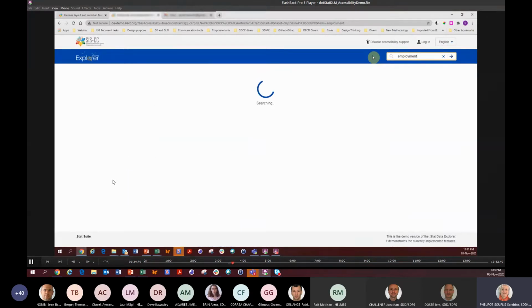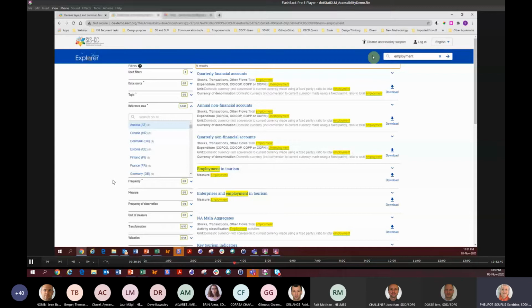The aim was also to show you more information of the Data Explorer. Here you see that I typed employment, and it highlights in the result page where we can find employment in some data flows. There were 9 results, and in this first